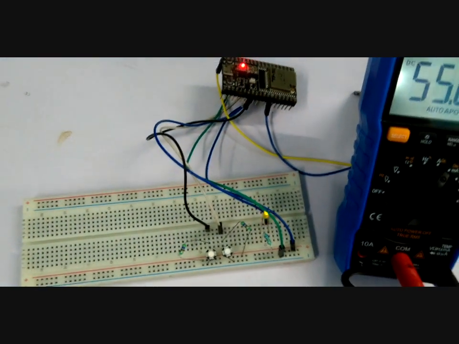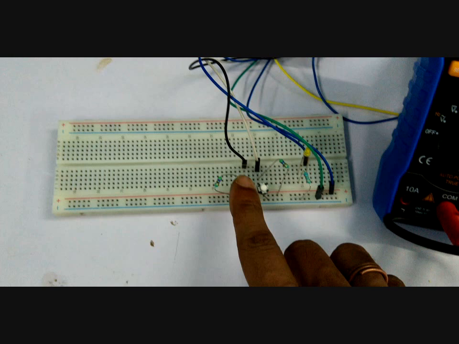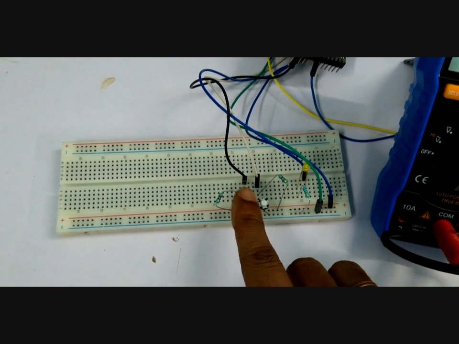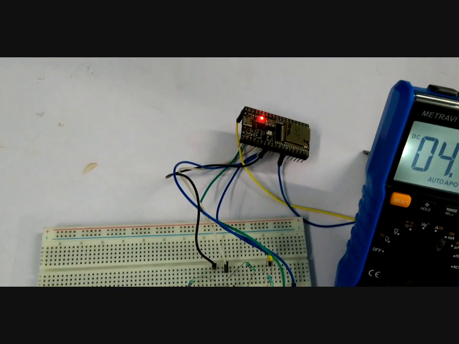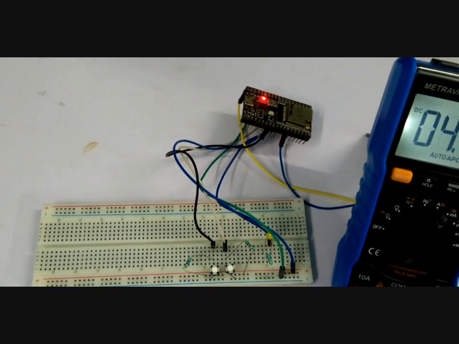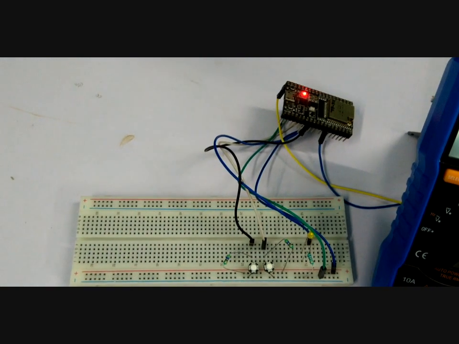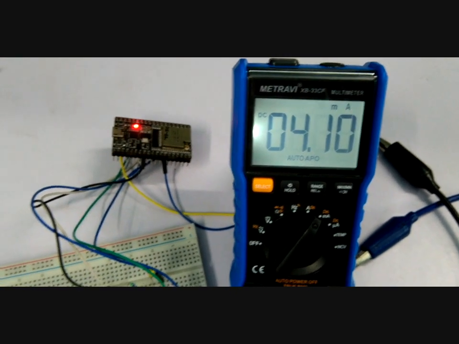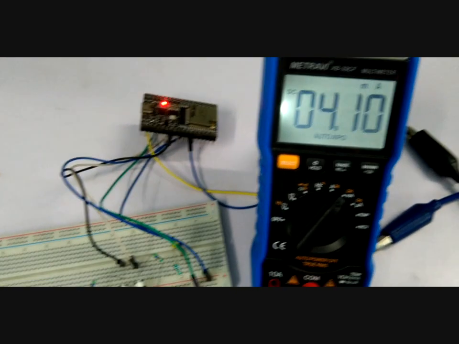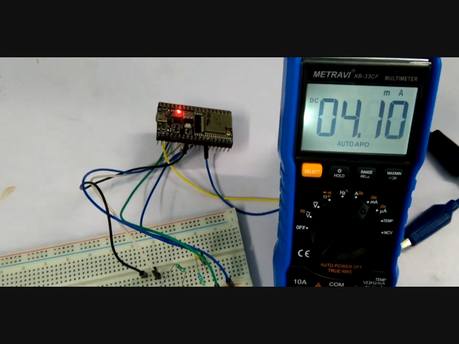So let's make it go into the deep sleep mode. I am pressing this one. Well, in this situation, the ESP32 is in deep sleep mode. In this situation, only the CPU and the RTC are turned on and everything else is turned off, and the current consumption is 4.10 milliampere. However, for ESP32, as per the datasheet, it is 100 to 150 microampere, but there is